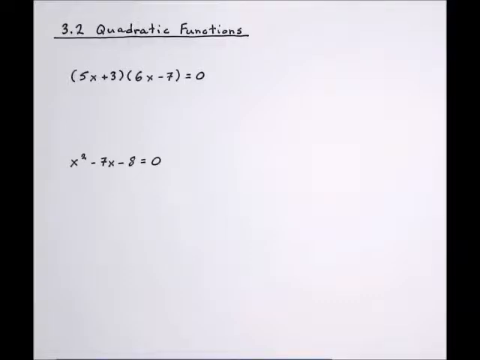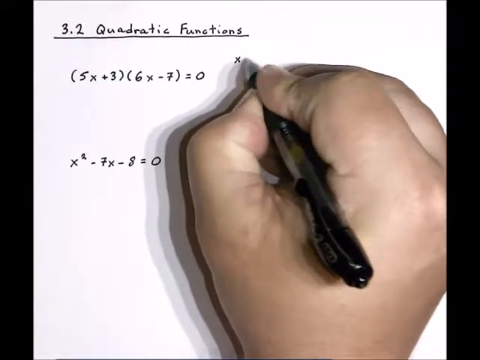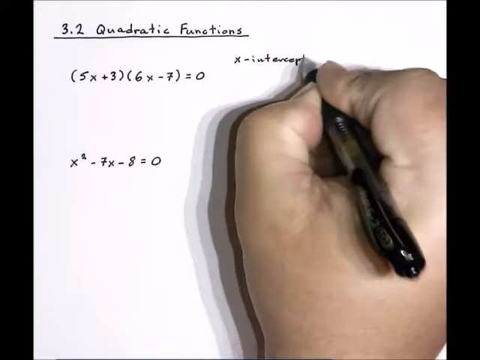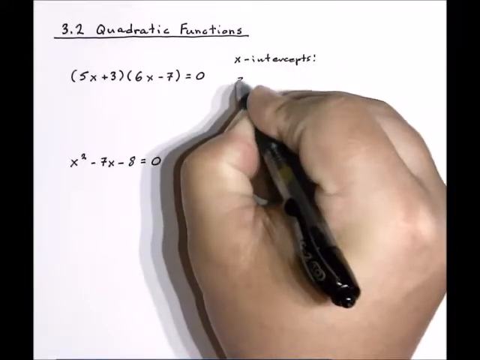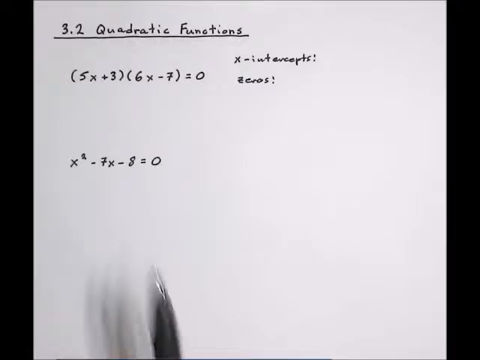Section 3.2 is called quadratic functions, but you'll also be solving for cubics as well as quadratics. The two things we're interested in here are x-intercepts and zeros. And you're going to use the zero factor property to find them. And all the zero factor property says is